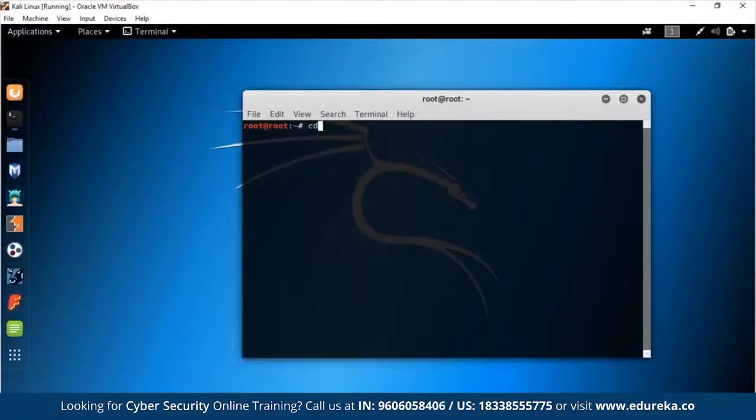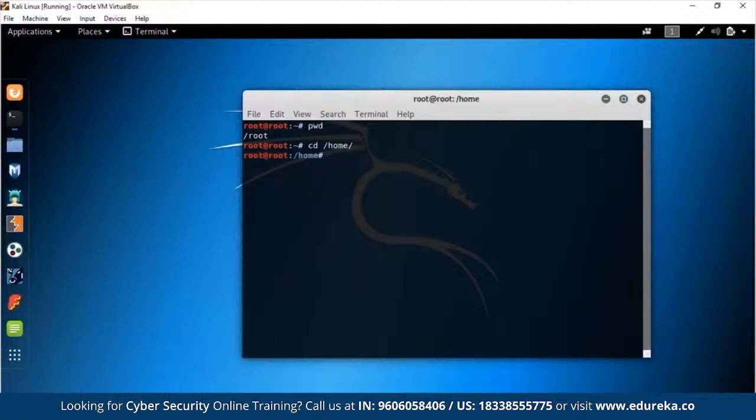Now, cd stands for change directory. At this moment, we are in the root directory, as you can see. We can print the current working directory with pwd, and the current working directory is called root. Suppose we want to change our directory to the home directory. All we have to do is cd, which stands for change directory, and specify the path: cd /home.